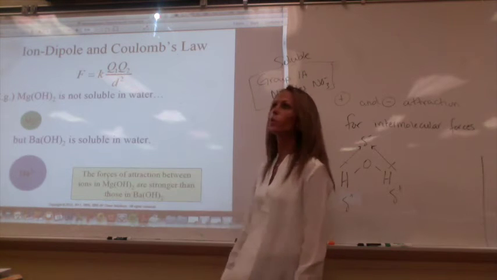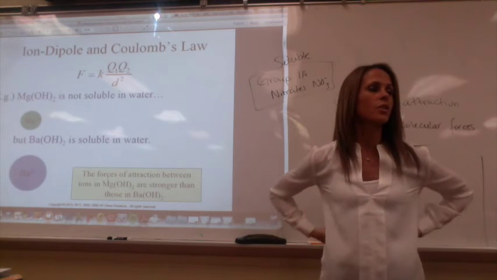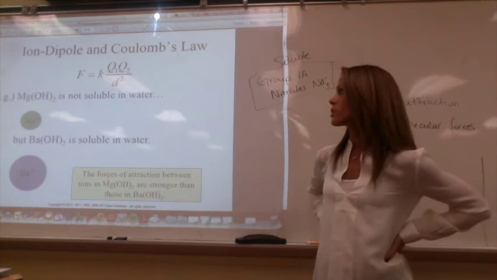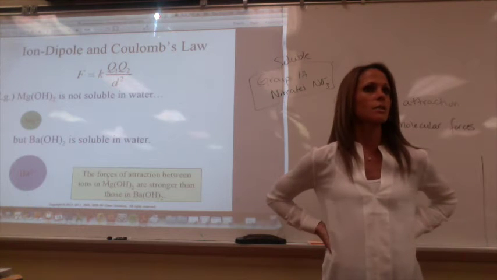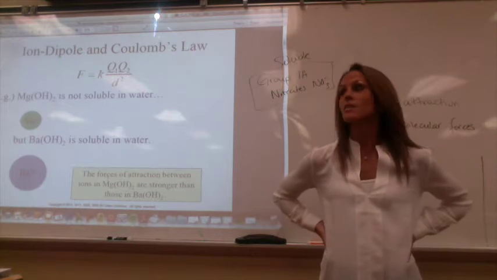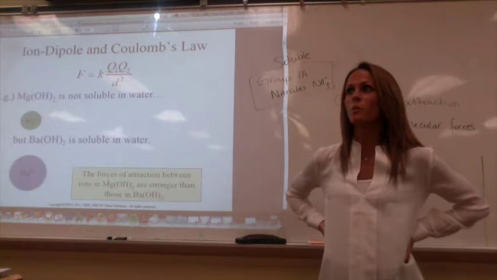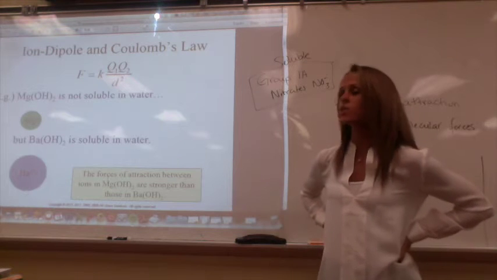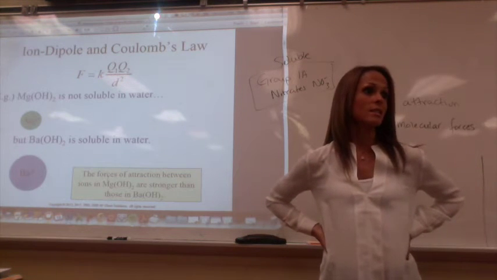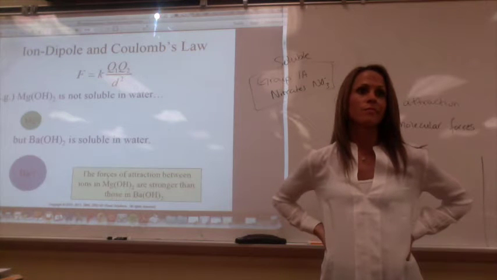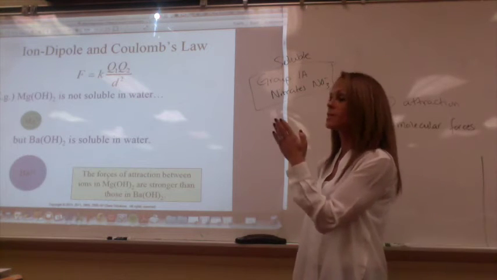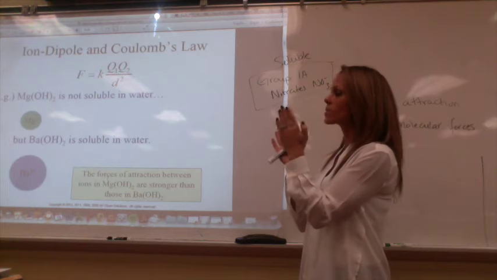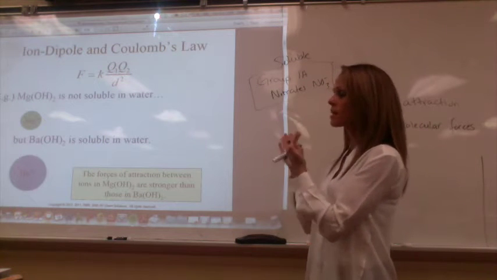So how is that true? What do you think? Your periodic trends, what does that tell you? According to Coulomb's Law, so Coulomb's Law is charge and distance. Do they have the same charges? Yes. Barium and magnesium are in the same group, so they both are +2 charges. Hydroxide's -1. So I can't look at charge, so what am I looking at? Distance. And who's smaller? Magnesium, which means that its nucleus is closer to that hydroxide covalently bonded anion, and it's going to have a greater force of attraction between magnesium and hydroxide than it would with barium hydroxide.